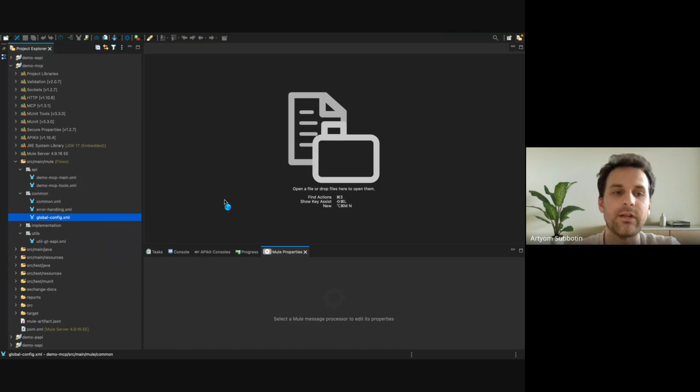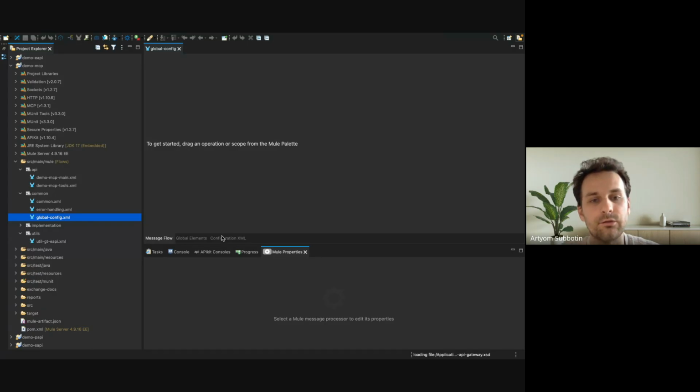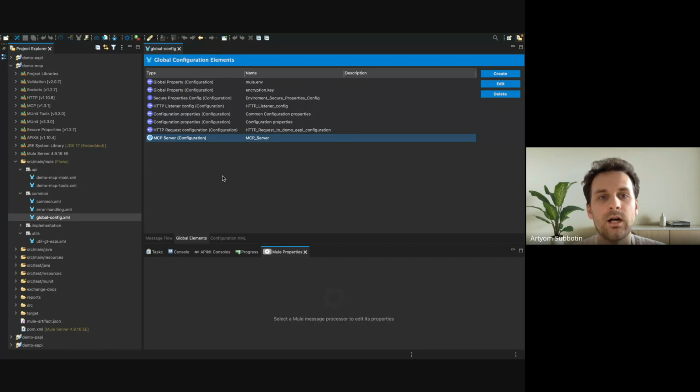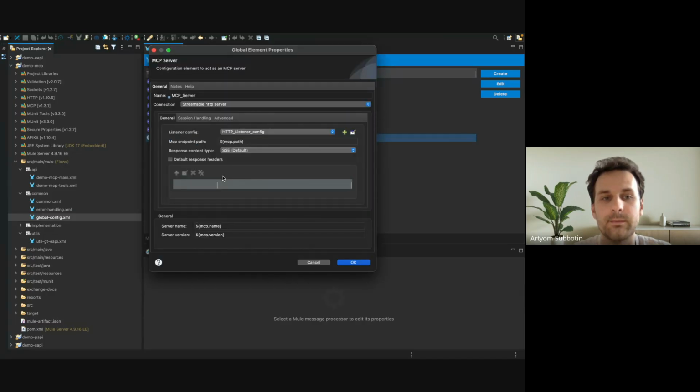This API is also written according to the best practices suggested by MuleSoft, which is why you see different packages and so on. In the global configuration file, the most interesting part is the MCP server here, because we installed the MuleSoft predefined MCP connector into this API.